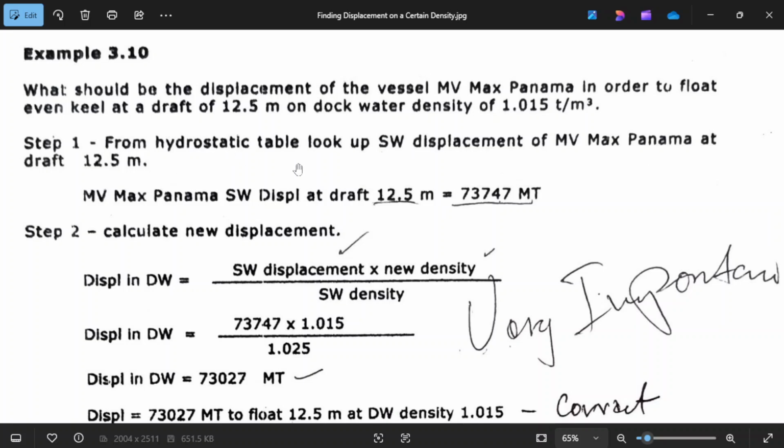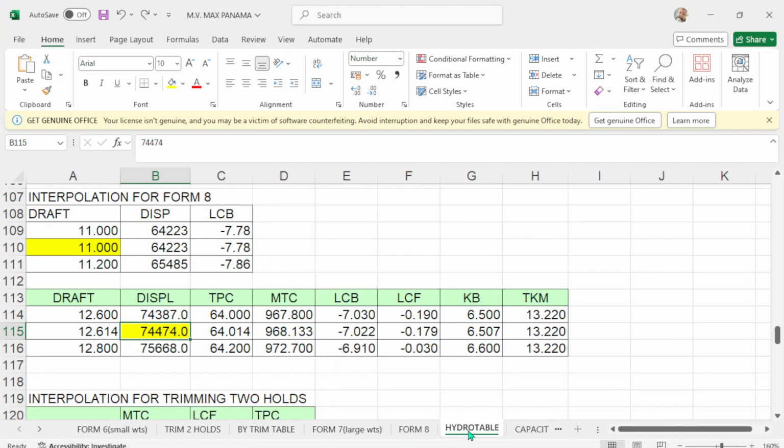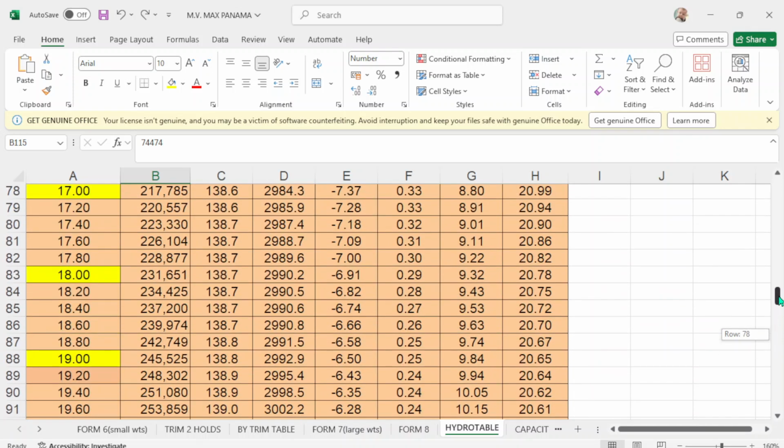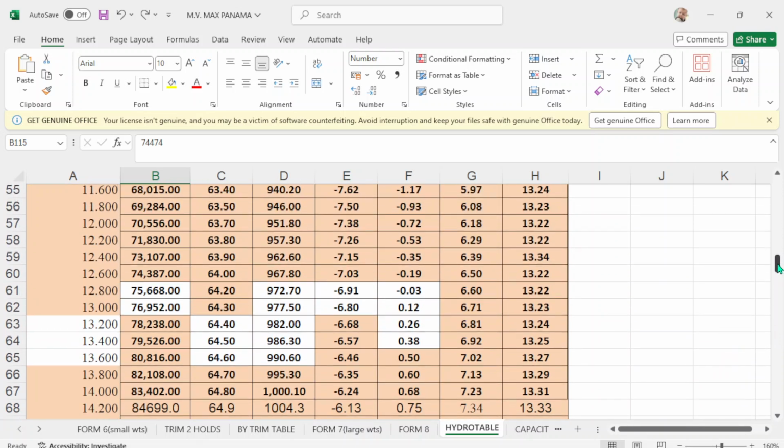Okay, so we go to step 1. With this 12.5 draft, we go to the hydrostatic table of the Max Panama. This is the hydrostatic table, and 12.5 is somewhere around here, around 73 something.